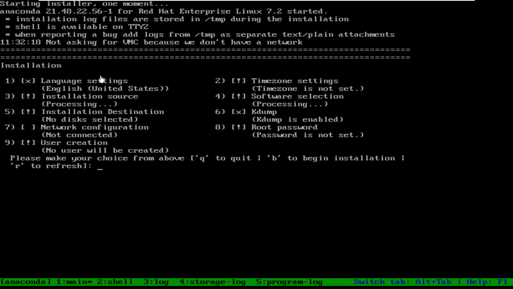And if you want to configure any option, we'll give the number of that option. Suppose I want to configure number 1, so I give here number 1 and press enter. Then it will show us what you have to configure with number 1. Then number 2, number 3, number 4, 5, 6, 7, 8, 9. Now it is still processing, so what I will do, I will refresh the screen first. So I'll give R and enter.